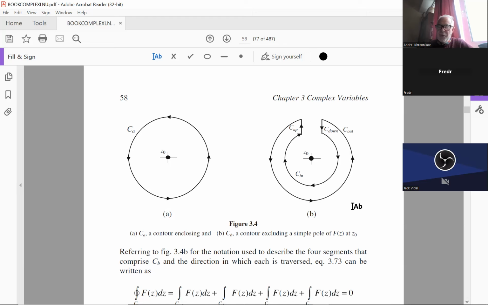What is the first part of the proof? The first part of the proof is that we can reduce the integral over the contour CA. On the picture, it's already a circle, but it can be any contour, any closed curve around the pole. We want to prove that this integral over CA is equal to the integral over any small circle around this point. So we have an integral over some curve around z0. The first part of the theorem is to reduce this integral to the integral over a small circle around z0.